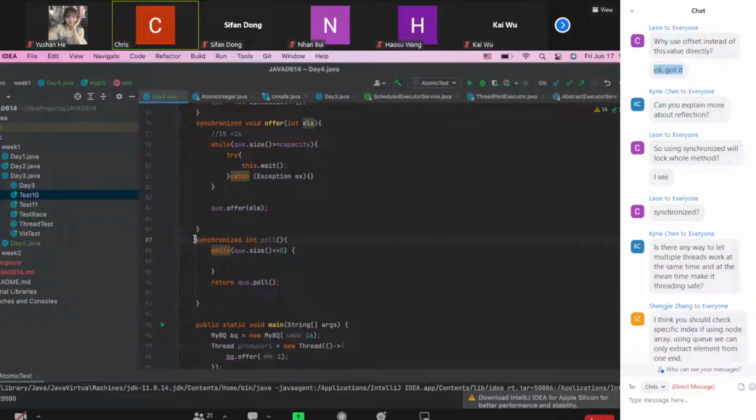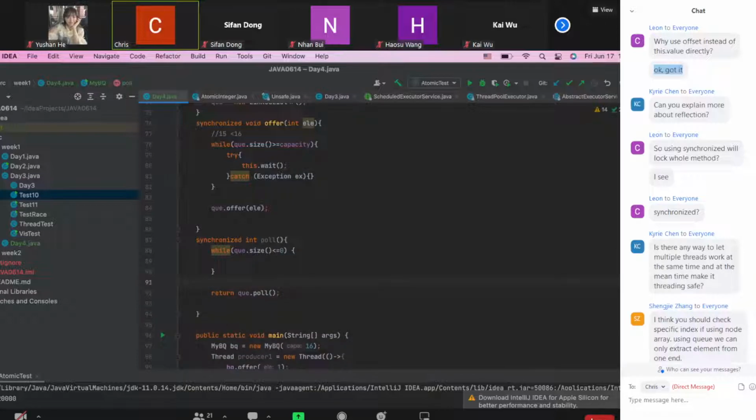Also, after we let our producer wait, it is in the wait list, so we also need to invoke it to make it work again. So when do we want to invoke it? That is when there is an empty slot, right? So whenever an element gets pulled out from the queue,